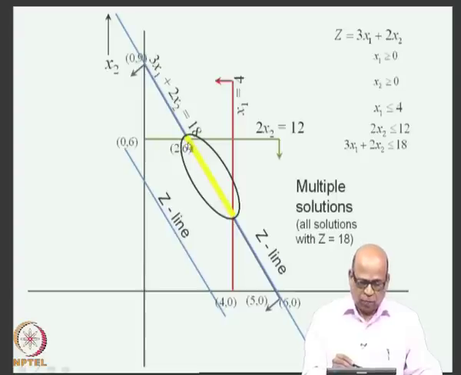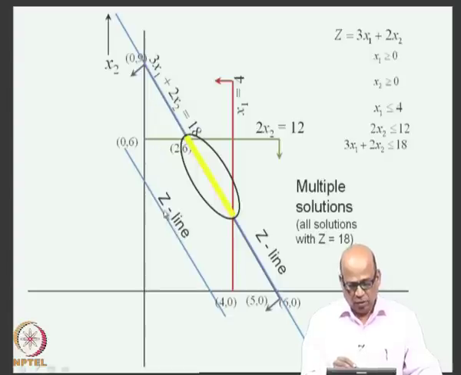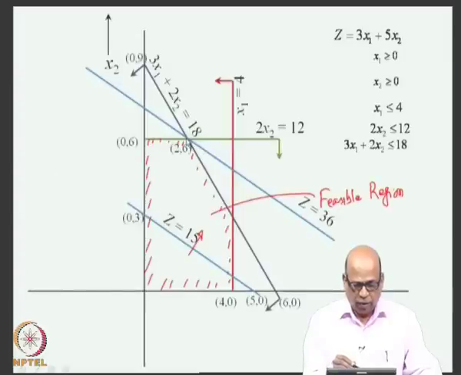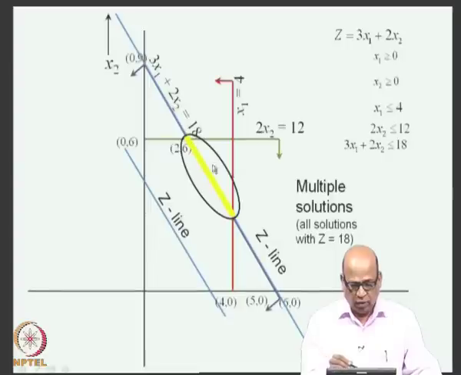At the last point of contact with the feasible region, the z line will coincide with 3 x1 plus 2 x2 equal to 18. I have 3 x1 plus 2 x2 as the objective function, so it just coincides with 3 x1 plus 2 x2 equal to 18. Any further increase in z line will make it leave the feasible space and therefore, this becomes the optimal solution. See that in the previous case we got exactly one point in which the z line was in touch with the feasible space, whereas here it is coinciding with one of the boundaries of the feasible region.